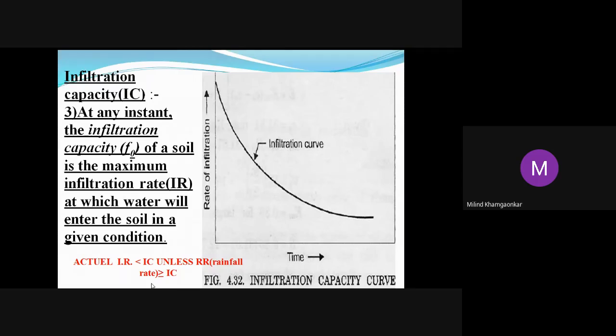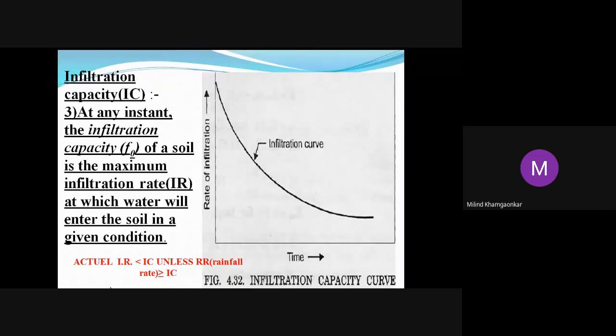So now we are moving to the last part of this first half of the unit, that is the equations to find out the infiltration rate or the infiltration capacity. They were found out after a lot of experimentation done by hydrologists or civil engineers at the site, that is, finding the infiltration capacity of a certain catchment area with the help of infiltrometers fitted at various locations in the catchment area.